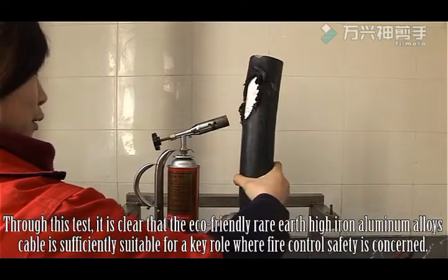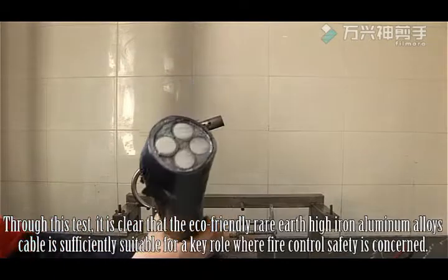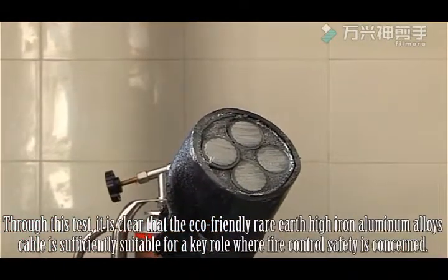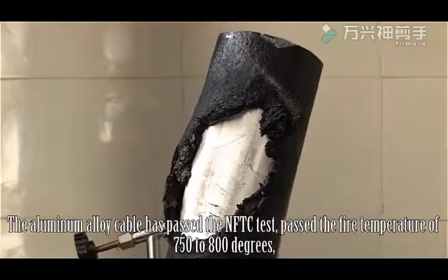Through this test, it is clear that the eco-friendly rare earth high iron aluminum alloy cable is sufficiently suitable for a key role where fire control safety is concerned. The aluminum alloy cable has passed the NFTC test, passed the fire temperature